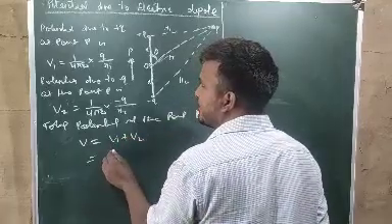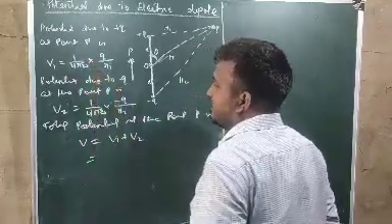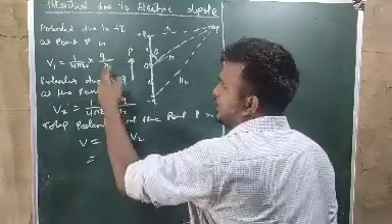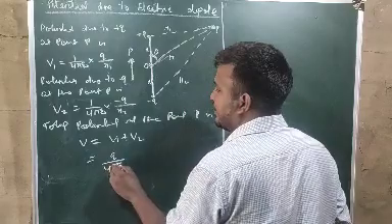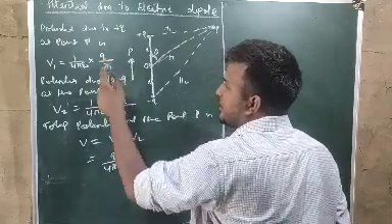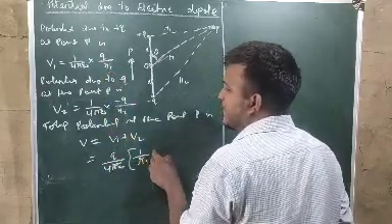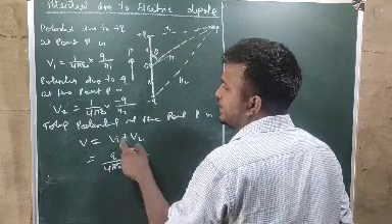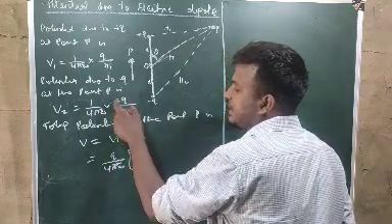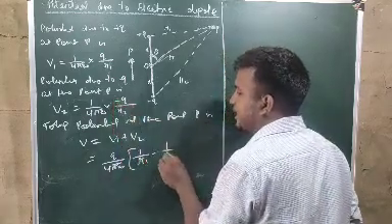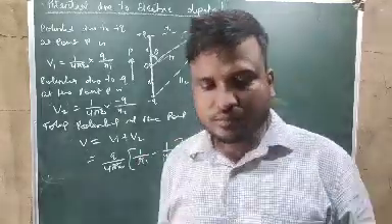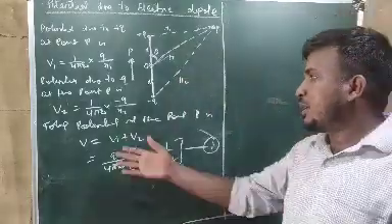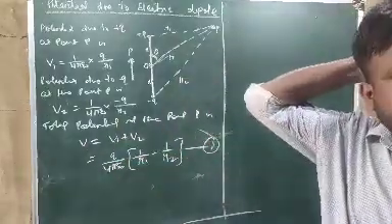So if I write V1 plus V2 here, what can we take common? It is Q by 4 pi epsilon naught, and the remainder is 1 by R1. It should have been plus here, but this plus multiplied by minus gives minus, so it will be 1 by R2. This will be equation number 1. So according to the superposition principle we have done this, and it is really very simple.